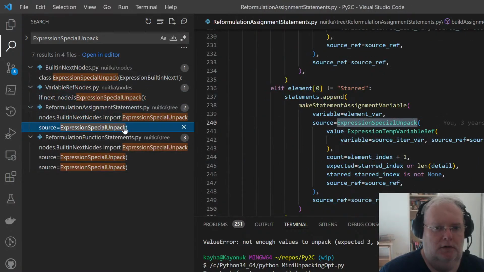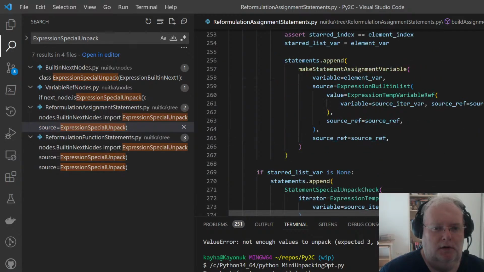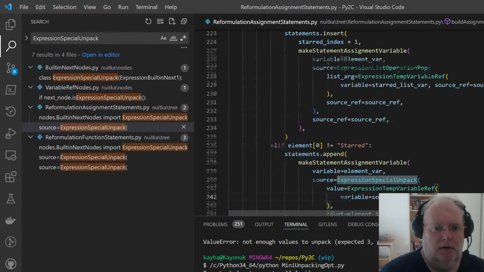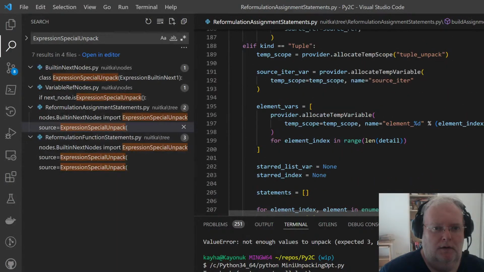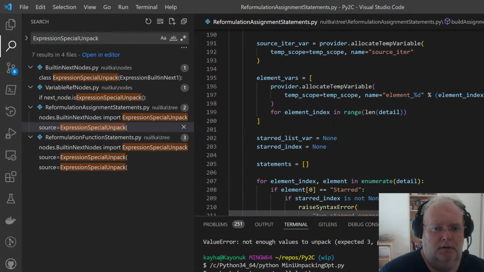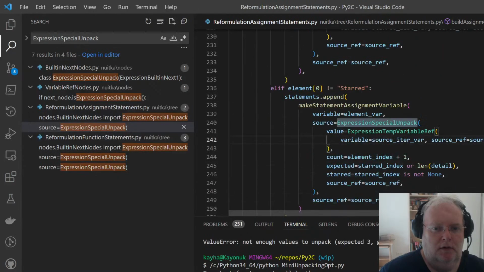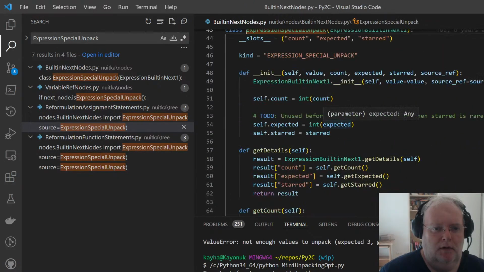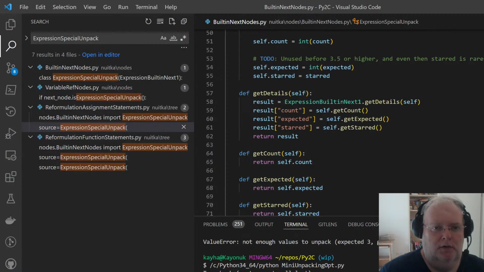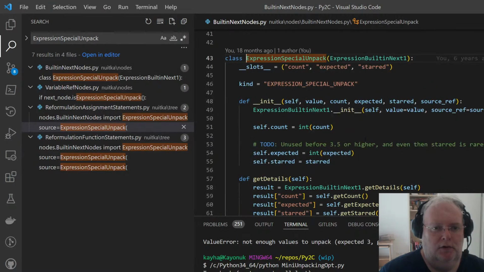So here it's not start. Always unpack. And this also doesn't rewrite anything.